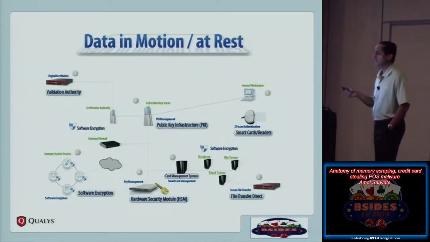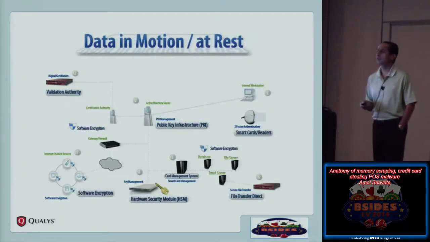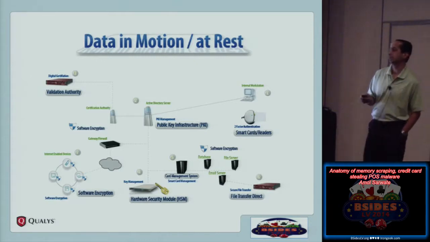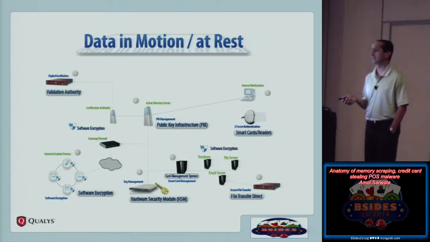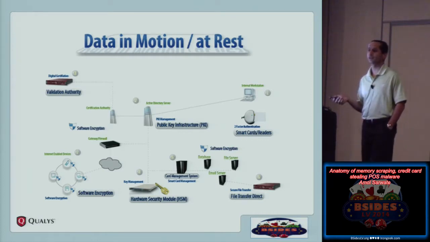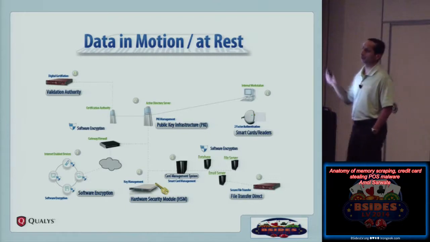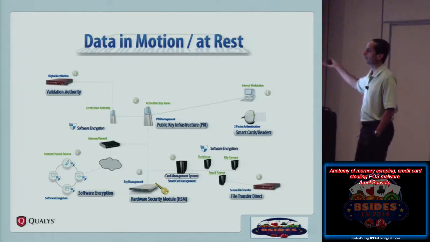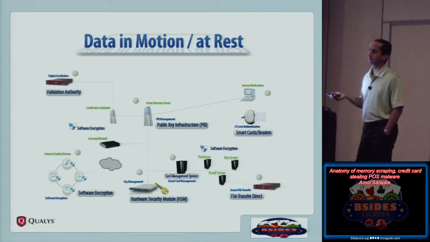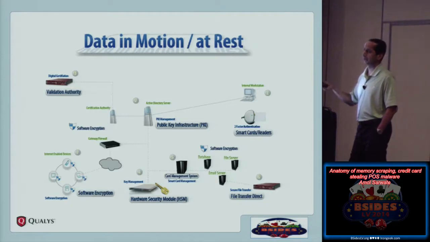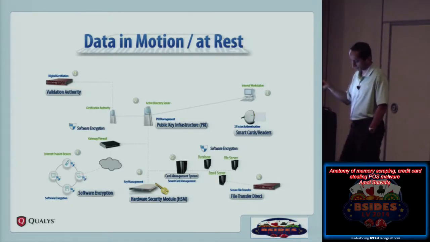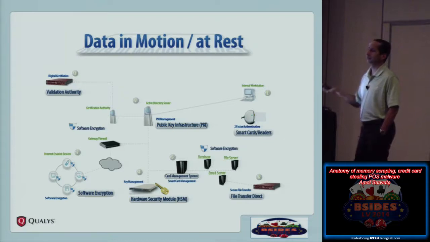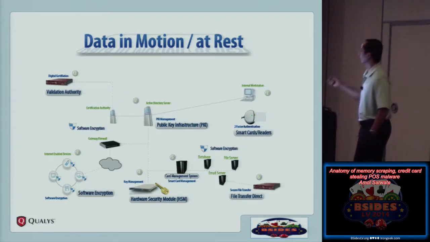Now, don't read a lot into this slide. We have heard a lot about encrypting data in motion and encrypting data at rest. And I think most companies, most software, most hardware does that very nicely, as in when you transmit card data for authorization, it's transmitted securely in an encrypted form. When you store data, which usually merchants don't, people who do store data store it very well with encryption and all the jazz that is on the slide.